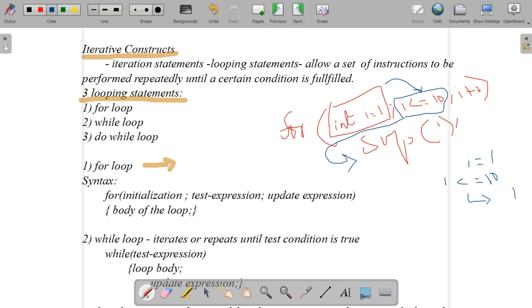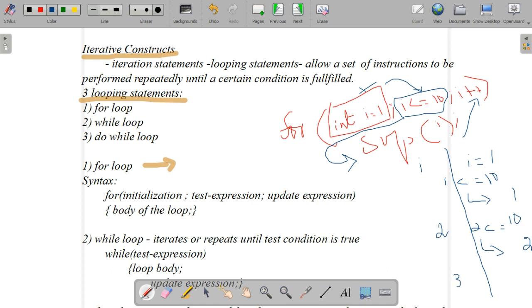After printing the statements inside the for loop, it will go to the increment operator or update expression. There, i++. What is i++? i is increased. i is already 1, it is increased to 2. So again it will come here. No need of this initialization. Once an initialization is enough. But the value of i is updating in the memory. i = 2, and it will check the condition 2 less than or equal to 10. Yes, the condition is true. If the condition is true, it will execute the statements inside the for loop. So what is the statement? System.out.println of i. Now what is the value of i? i = 2.